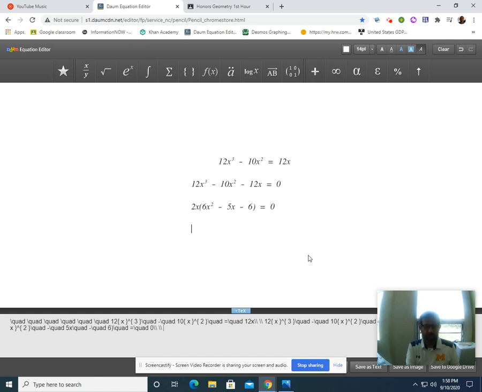It could be 6x and then some number times x and some number, because 6x times x will give me the 6x squared. Or